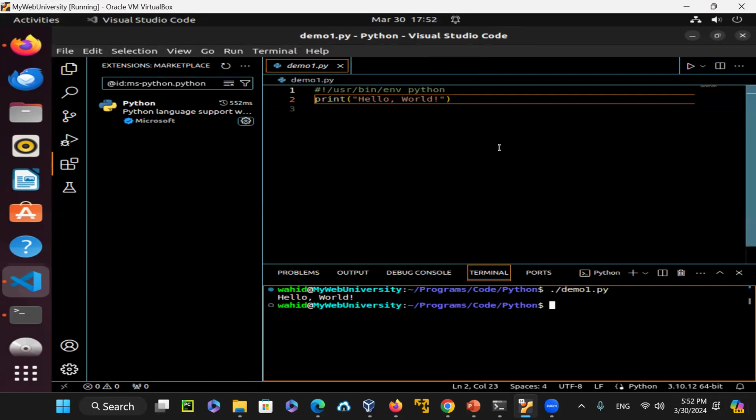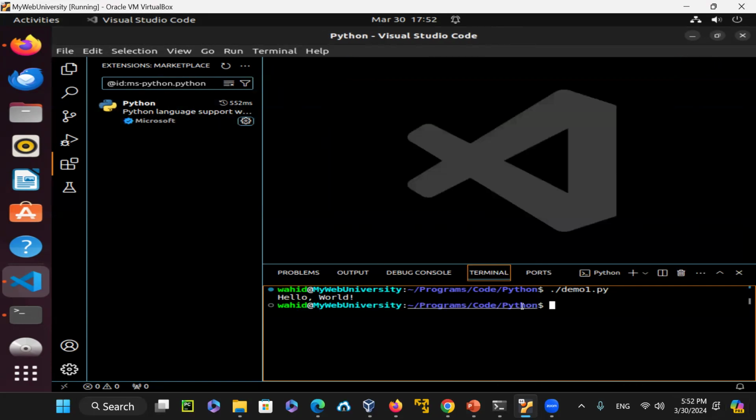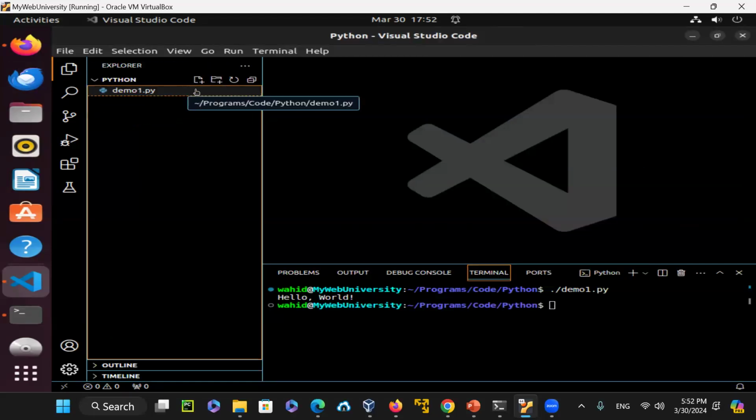So if I want to create another file, let's say I close this one and I close everything here, I could just come back here on the File menu and open another file. Right here, you can see new file and new folder. All those options are here. So new file, I'm going to say